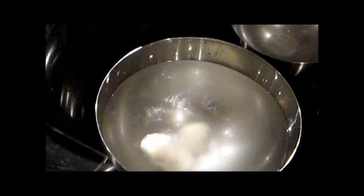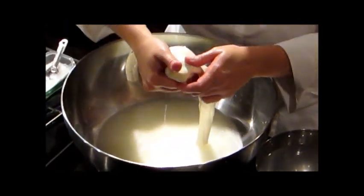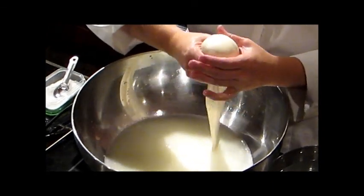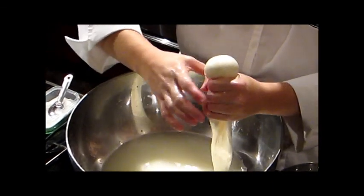Now this was 1 pound of curd. 1 pound of curd makes about a pound of cheese. Sometimes it's a little more because you get some water incorporated into it, but it's typically 1